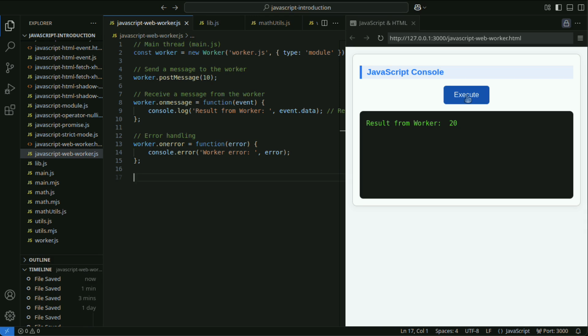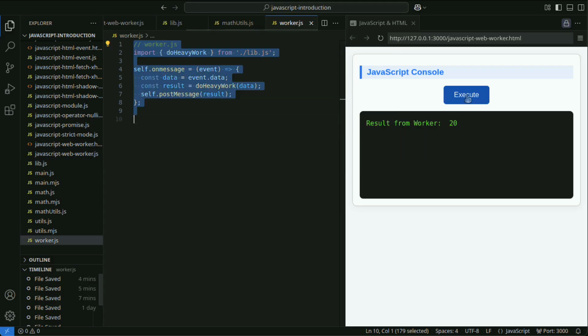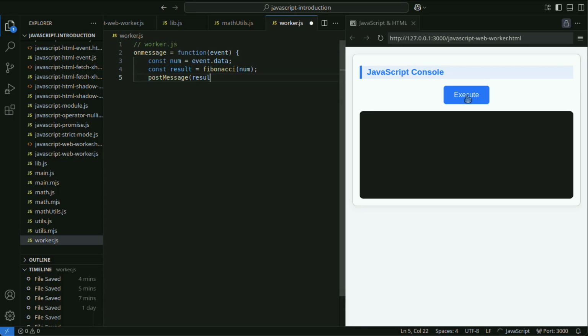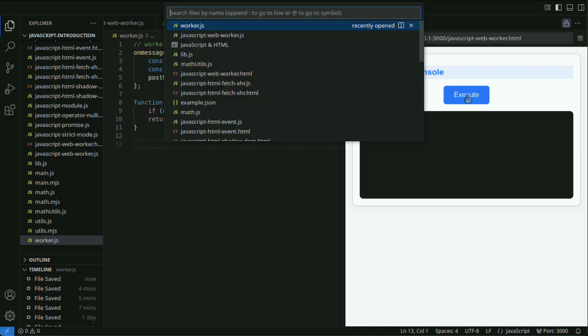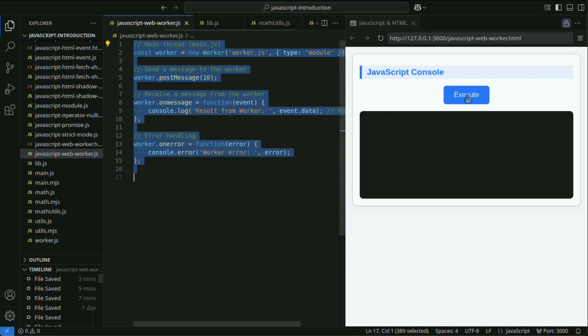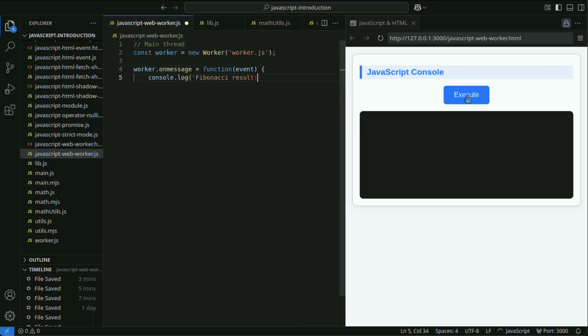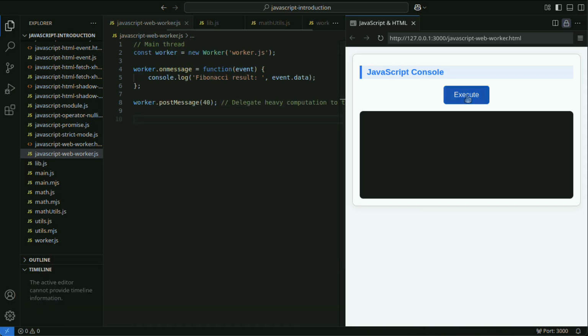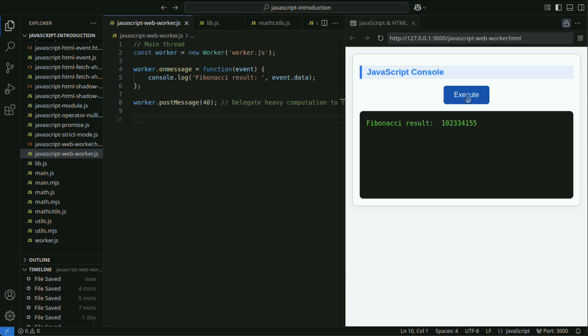Let's look at another usage example of WebWorker. Next is an example of offloading heavy computations. This code is an example of using a WebWorker to separate and execute heavy tasks like Fibonacci sequence calculations from the main thread.